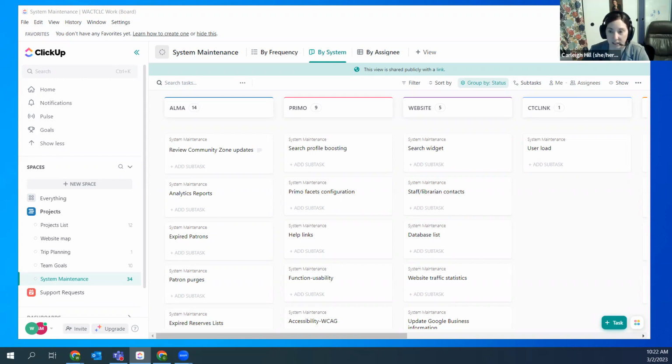Yeah, exactly. If you have perpetual access to something, but you've used a community zone portfolio to create that record in your institution zone, you probably don't want to make it automatic update,